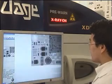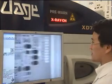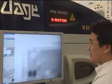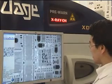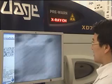Okay, the board that we were looking at under the optical microscope has been loaded into the X-ray machine, and we're performing a very general scan just to map out the board. And once that scan's finished, I'll be looking at the components which we were unable to look at under the optical microscope. Now,